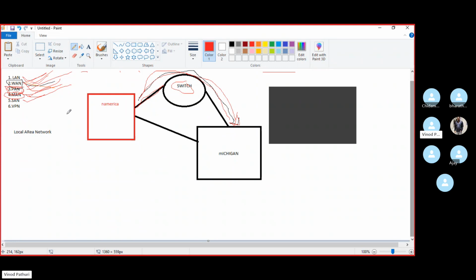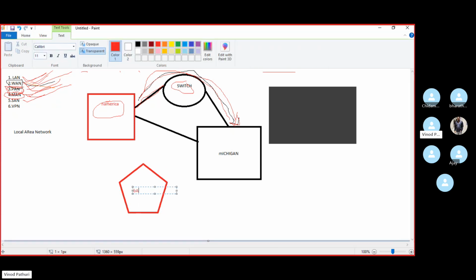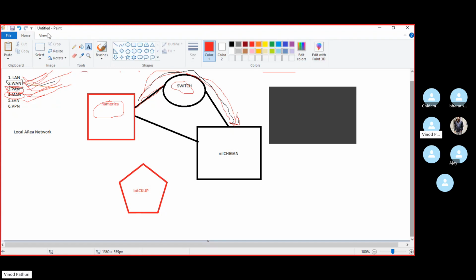The next one is SAN, storage area network. This is your organization and you are using this traffic. Suppose this is between your branches and you have a backup server here, and regularly, at the end of the day, early morning, 2 a.m. or 3 a.m., you want to send the backups here.